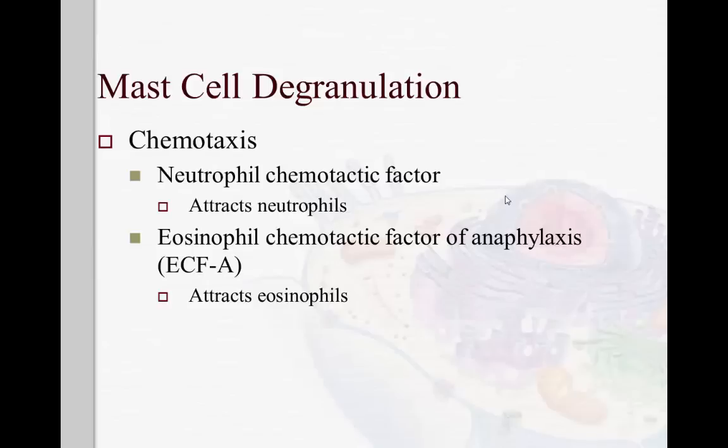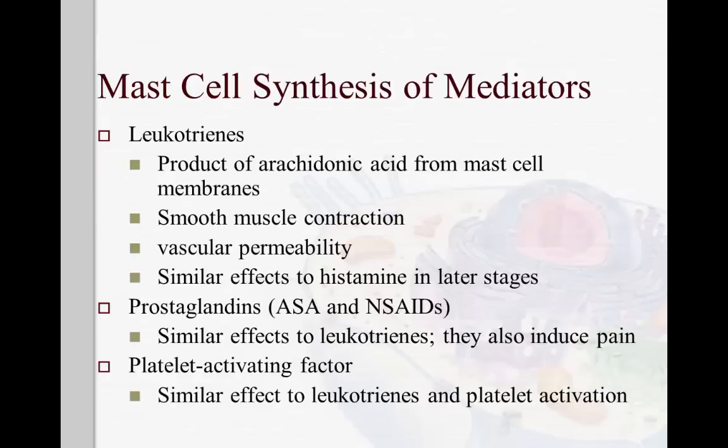Neutrophils also attract several other cells, and these are eosinophils, basophils, monocytes, macrophages, etc. So let's talk about first, before we go into the other cells, the mechanism of activation of prostaglandin and prostacyclin. When histamine is activated